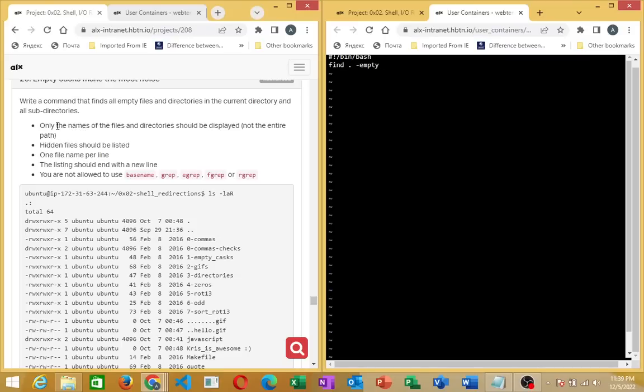In the current directory, and also only names of the files and directories should be displayed, not the entire path. Then hidden files, one file name per line. The list should end with a new line. Only names of the files and directories should be displayed, not the entire path. So we are not allowed to use all of this. So the next command we are going to use, we are putting that,